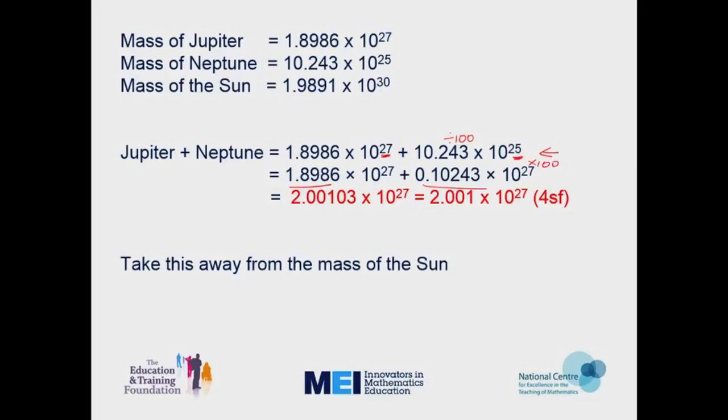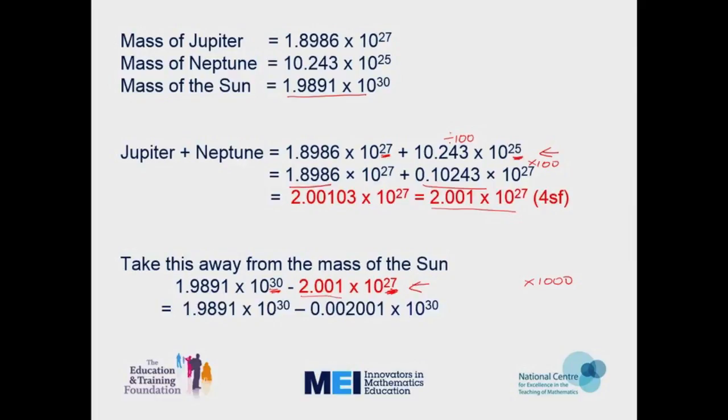But now we need to take this away from the mass of the Sun. So the mass of the Sun was 1.9891 times 10 to the 30, and I'll take away my 2.001 times 10 to the 27. Again, if you have a calculator, you can put this straight through the calculator at this point. If not, we need the powers of 10 to be the same. And we've got 30 there, 27 there. I'm going to make sure they're both 30. This time I'd have to multiply by 1,000 to make that 30. So I'd better divide that one by 1,000 to give me